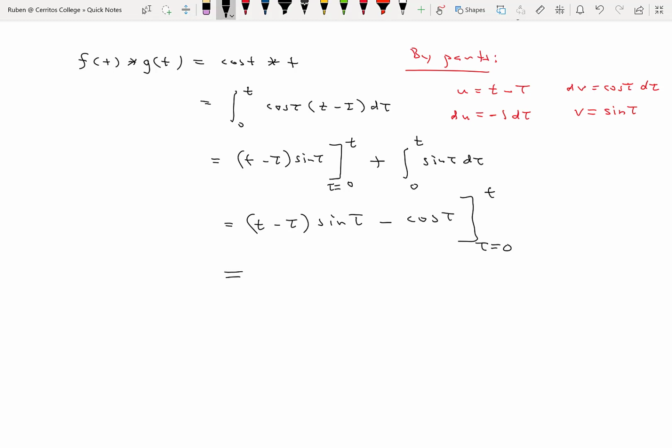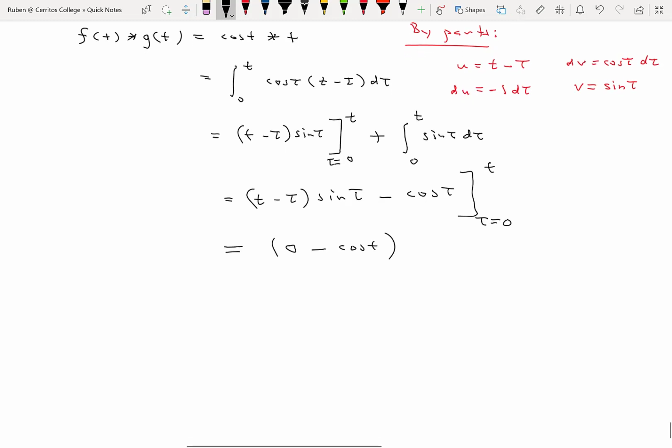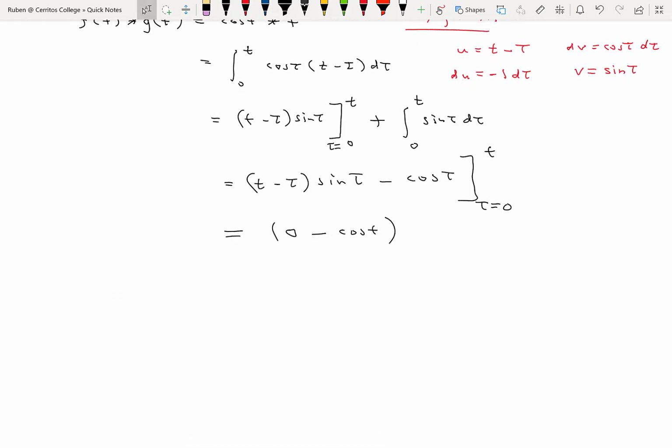Anyhow, so substituting the upper limit of integration for tau equals t, I get 0 for the first term, 0 for substituting tau equals t into t minus tau sine tau. So I get 0 minus substituting tau equals t into the cosine, I get cosine of t. So there's the value of this expression at the upper limit,